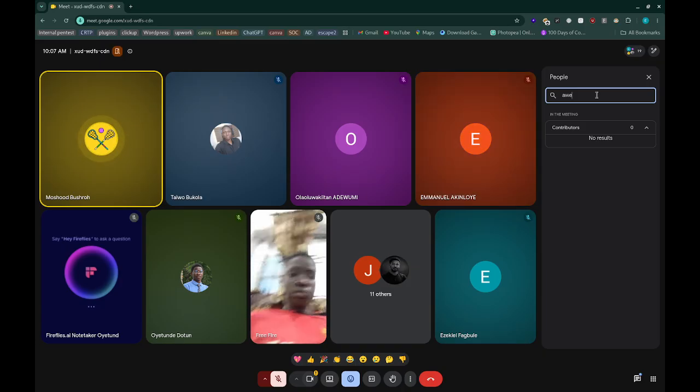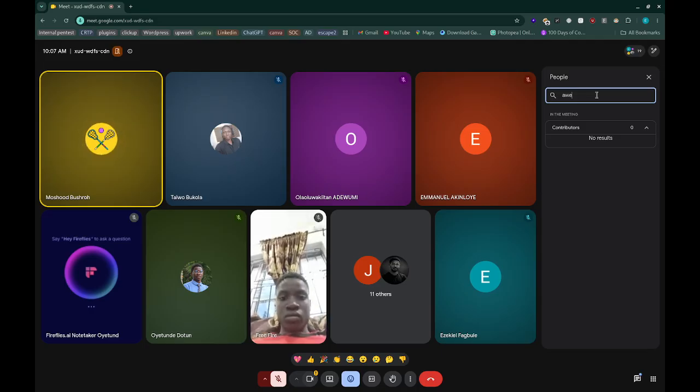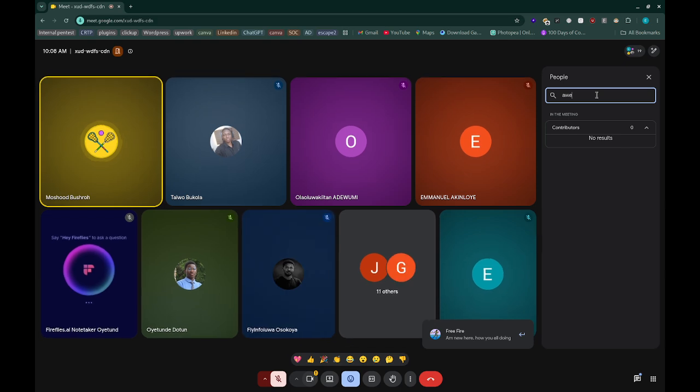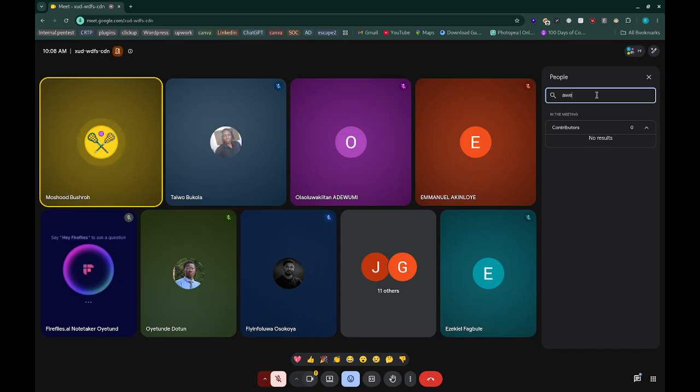Before we move to the security aspect, we're going to start with the software engineering aspect. What are the things you have to know about building an application? What are the things you have to know about secure coding? Before we can secure an application, it must have been built. So I'm going to start with our first section, and we have our speaker here, Mr. Bukola Lawrence Taiwo, a software engineer majorly specialized in backend development.